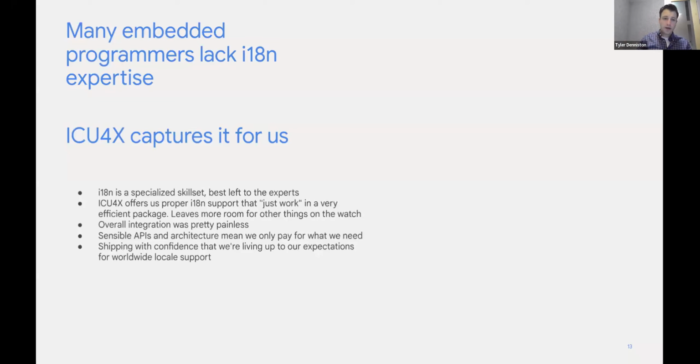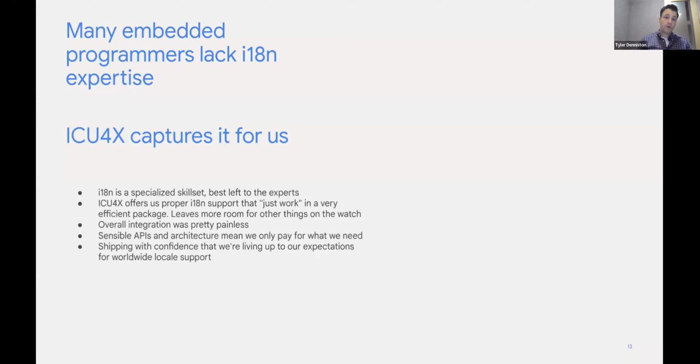Then the last note I have here is just from practical experience: integrating ICU4X into the product was actually quite painless. It's designed, like Shane was pointing out, in a very modular fashion. So the sensible architecture means that we really are truly only paying for exactly what we need, which is a great plus for us.